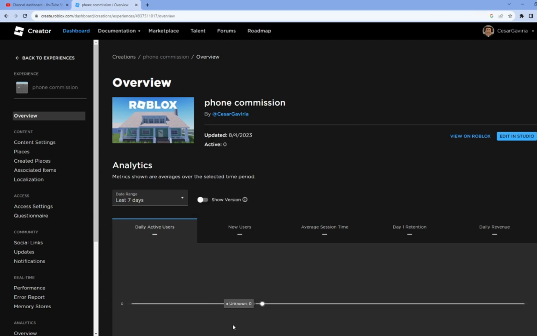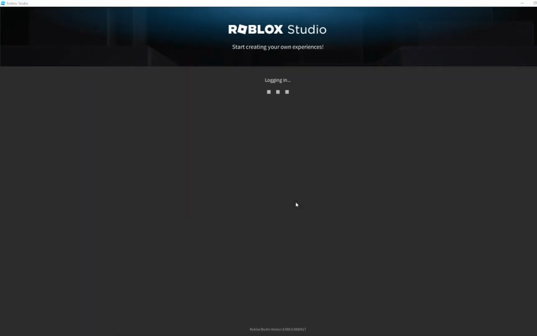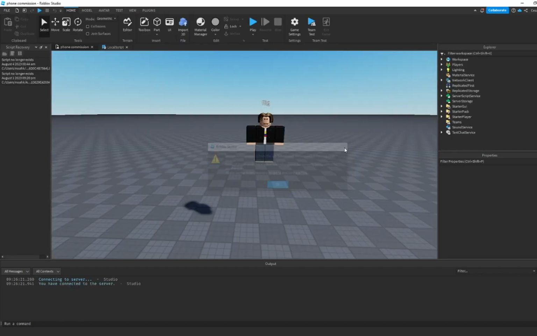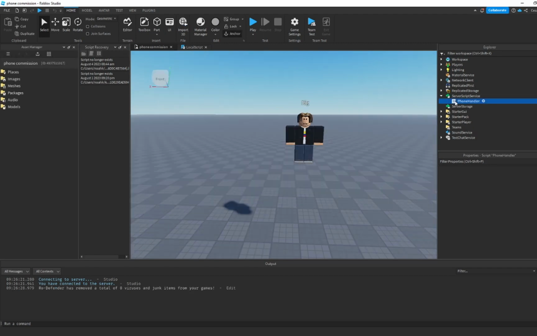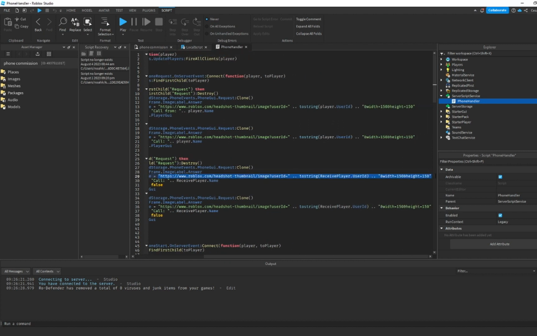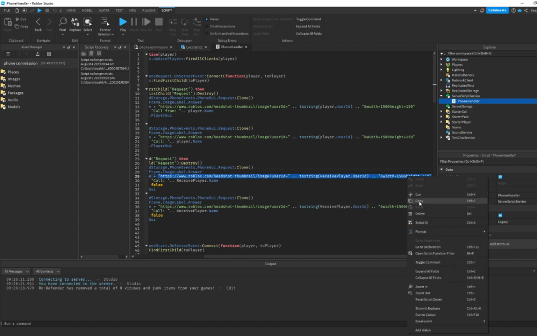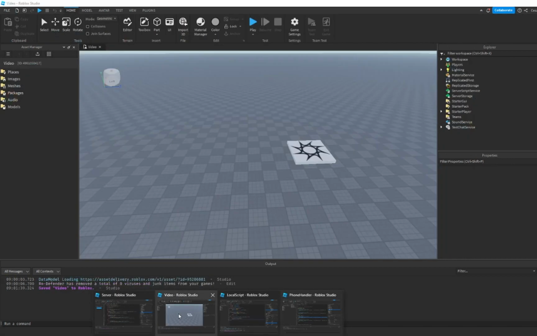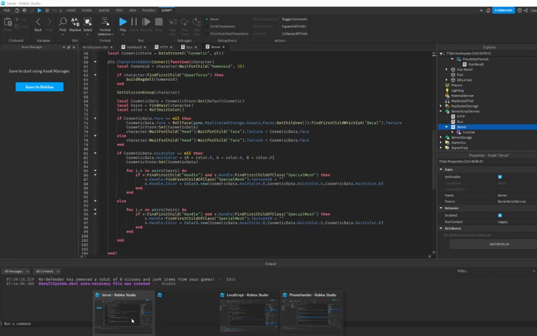And what we're going to do is go in here and just get that line of code out, because I don't remember exactly what the line of code is, but I know exactly where we can find it. So this right here is what you want to put in whenever you do your user ID. It's a long link, and it's what the game is going to use to